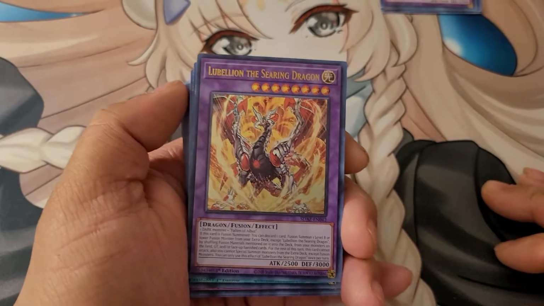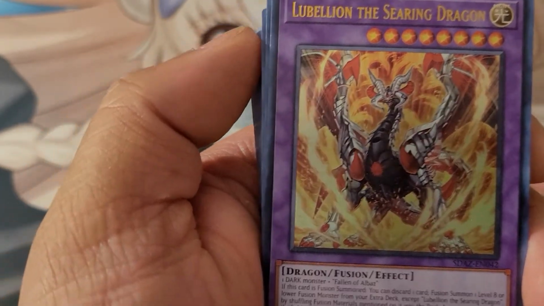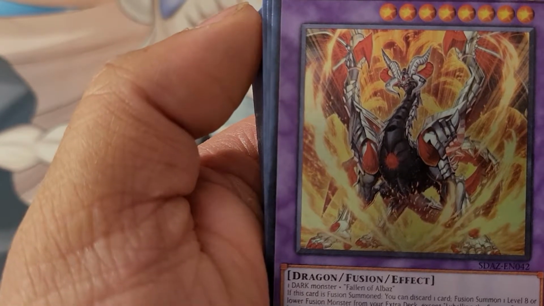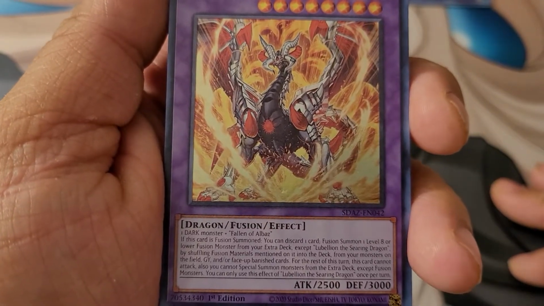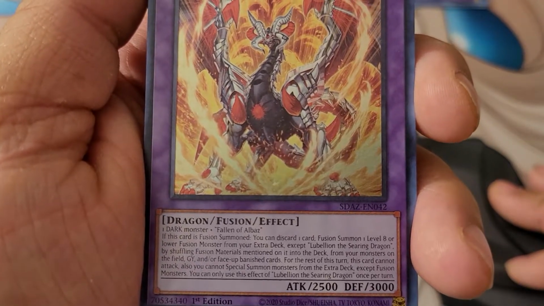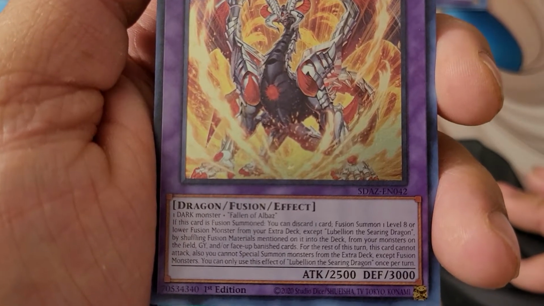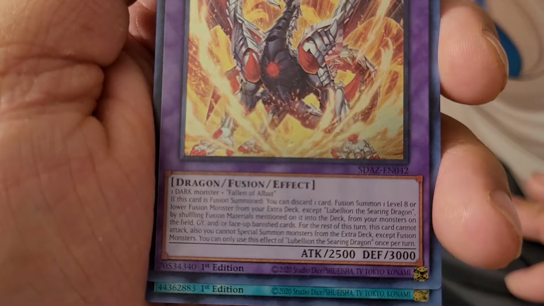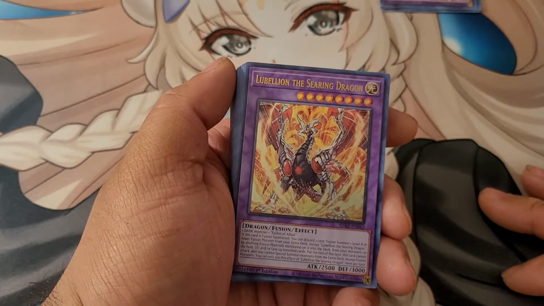Lubellion, the Searing Dragon. This is basically like your Albion. If you know Albion's effect, as soon as he hits the board, you can fusion summon by banishing monsters from your graveyard. Lubellion's effect is: discard one card, and you can fusion summon one level 8 or lower fusion monster from your extra deck, by shuffling fusion materials into the deck from your monsters on the field, graveyard, or face-up banished cards. So you can take your banished cards that were banished from Albion, put them back into the deck,